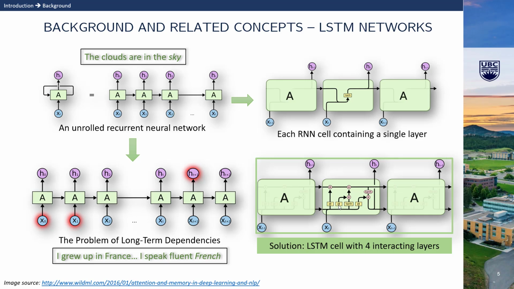The next step is to decide what new information we are going to store in the cell state. This task is accomplished by a sigmoid layer called the input gate layer that decides which values we will update, and a tanh layer that creates a vector of new candidate values to be added to the state. Finally, we need to decide what we are going to output. This output will be based on our cell state but will be a filtered version. First, we run a sigmoid layer which decides what parts of the cell state we are going to output. Then we put the cell state through a tanh layer in order to push the values to be between -1 and 1, and then multiply it by the output of the sigmoid gate